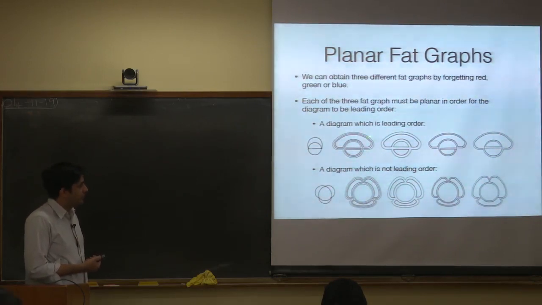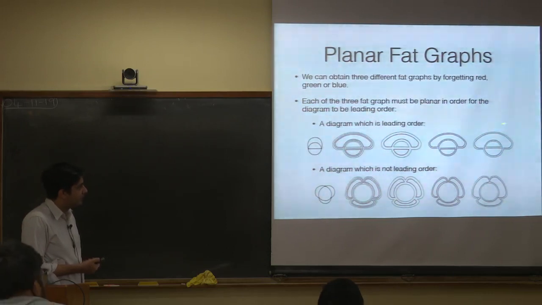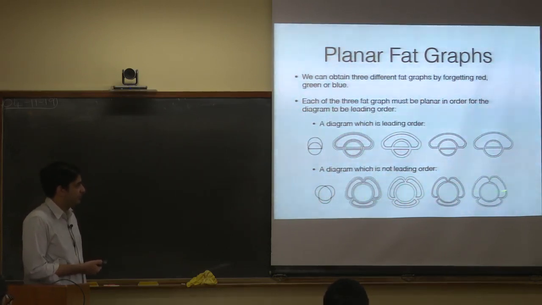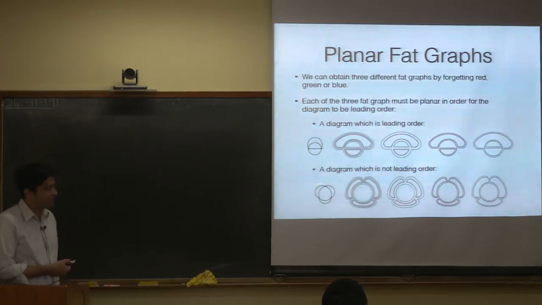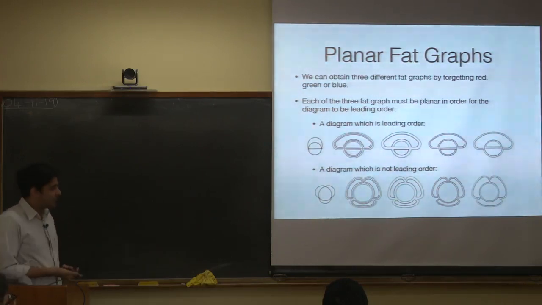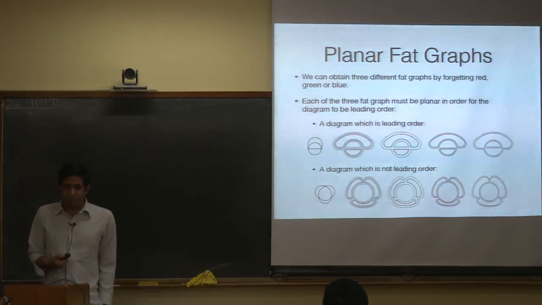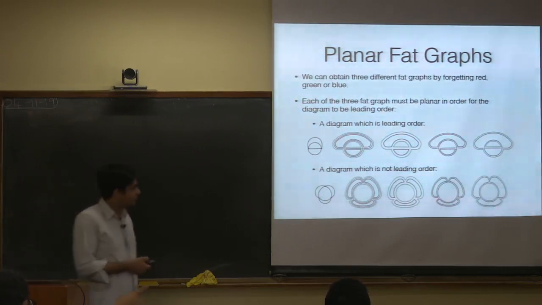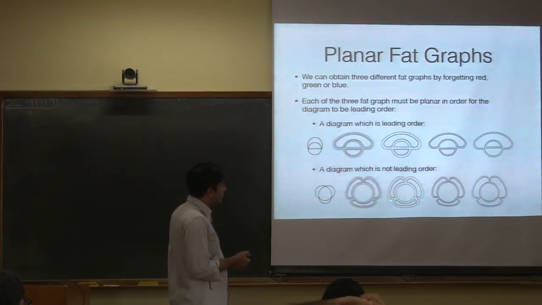This is a diagram where if you forget any 2 colors, the graphs are planar. Whereas for this diagram, if you forget one color but keep 2 colors, one of these fat graphs will be non-planar. So this is not a leading order diagram. In this sense, this is why more indices make it easier, because you have more constraints. That seems to get more factors from the red guy, and fewer factors from the green guy. Which, this one or the first? The one below. This is not leading order because